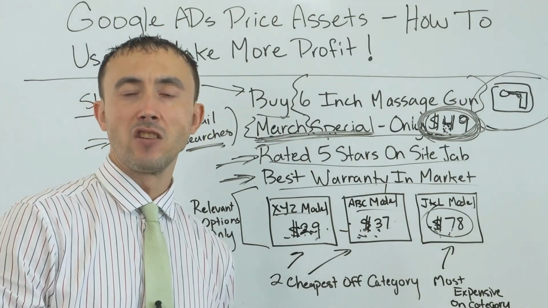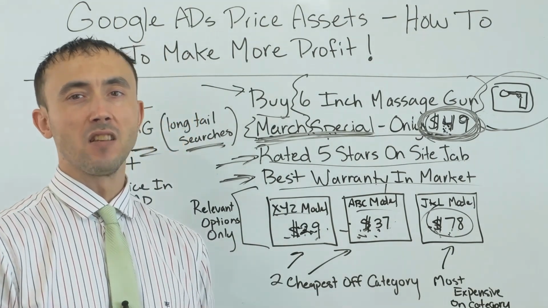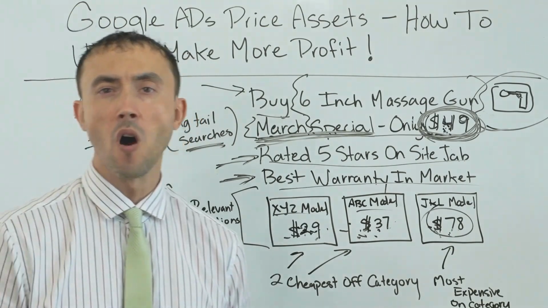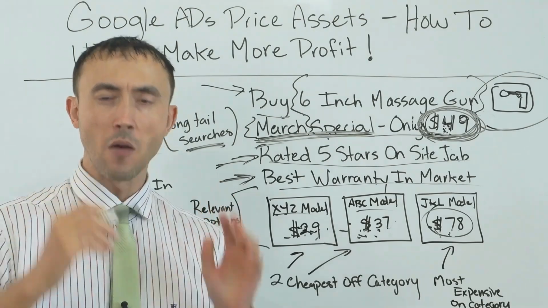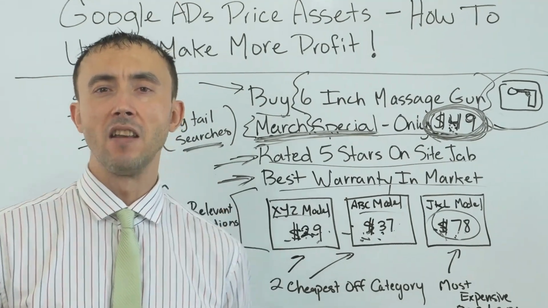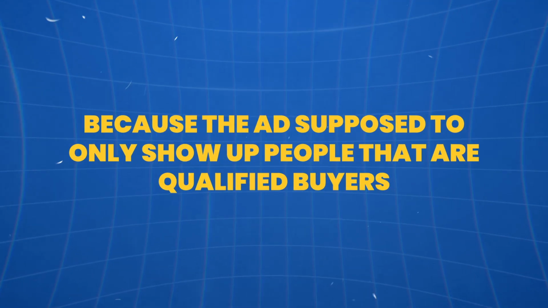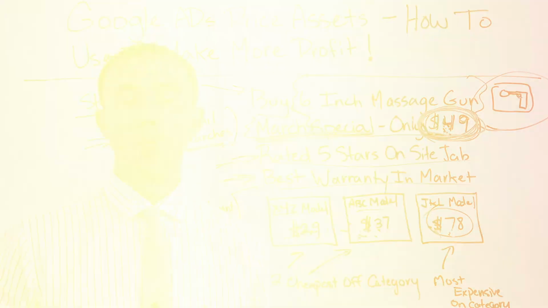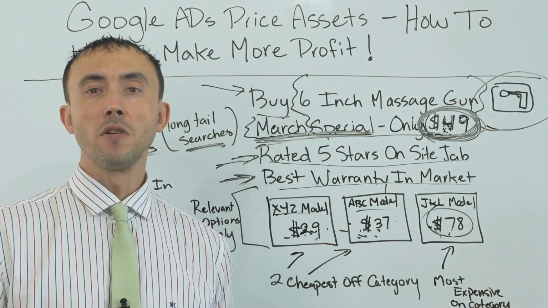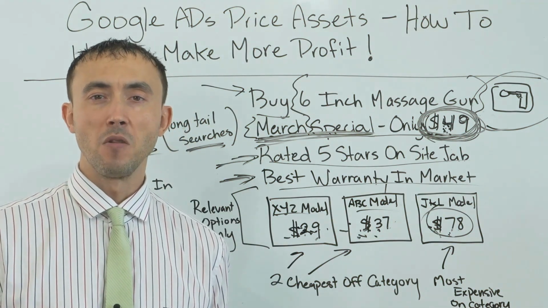Everything you're doing on the ad is just to get someone to click through, because the ad isn't meant to filter people out or even qualify them. The ad is just meant to do whatever you can to get them to click on the ad. Why? Because the ad is supposed to only show up for people that are qualified buyers. Once you know they're qualified, you do whatever you can to get them to click on that ad. I mean, you can't say,